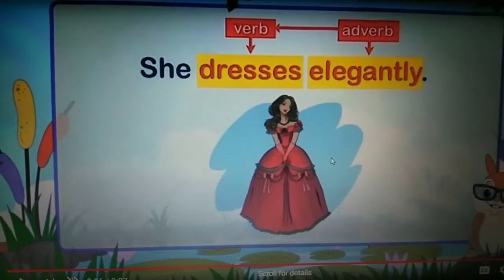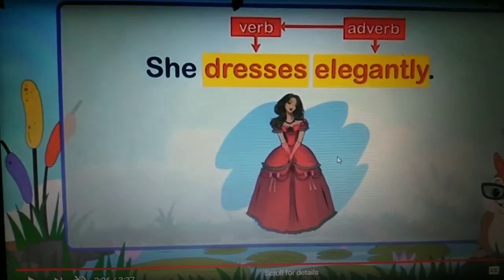Now we will solve Junior English exercise number 73 and 76. So open your